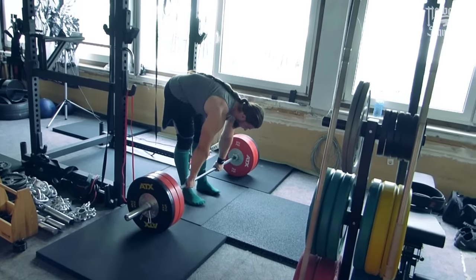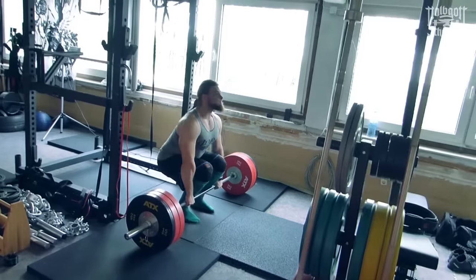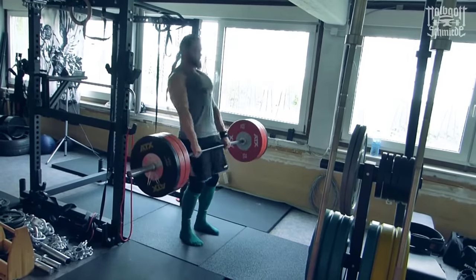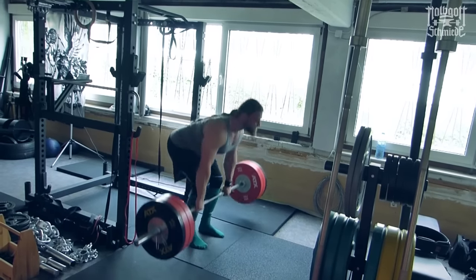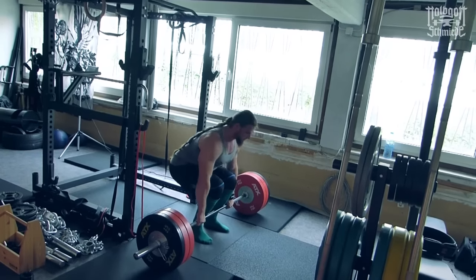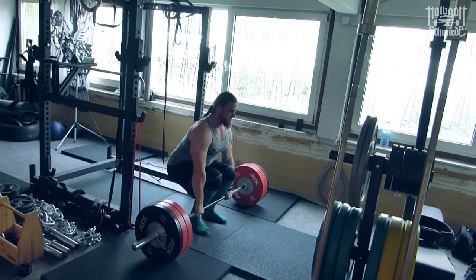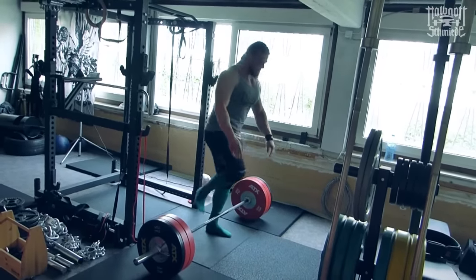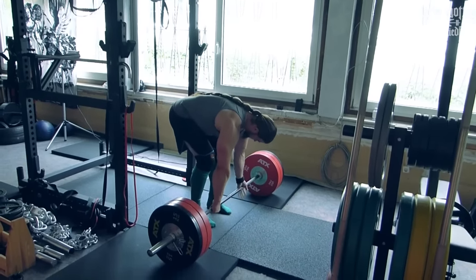I mix it up. I do an exercise with a very high weight. Usually the first exercise I try to go pretty heavy, whatever it is. Okay, the first two were bad here. And on the second exercise I try to focus on technique, and both of those are very basic exercises, doing Hex Bar deadlifts or doing regular deadlifts,